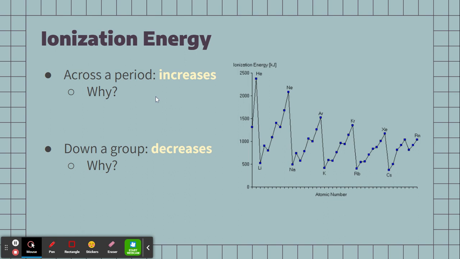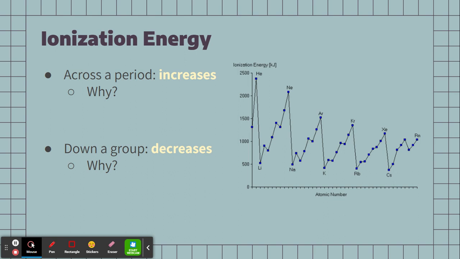Across a period, first ionization energy increases. The reason for this is because, as we have established, across a period, the effective nuclear charge of an atom, in terms of the Coulombic attraction between the atom's nucleus and valence electrons, increases. Thus, it will be harder to remove an electron from that atom since you will have to overcome a greater magnitude of Coulombic attraction to do so. Thus, the first ionization energy, or the amount of energy required to remove that outermost electron, will increase across a